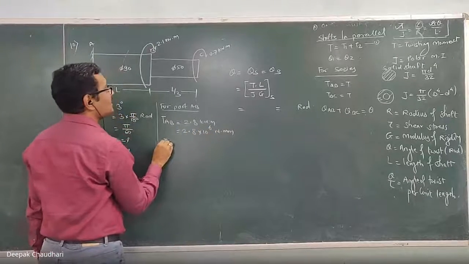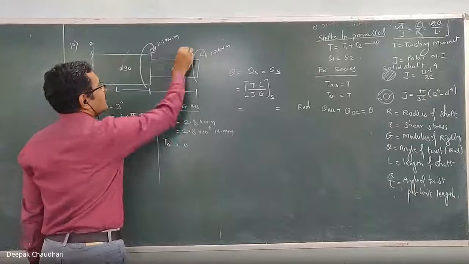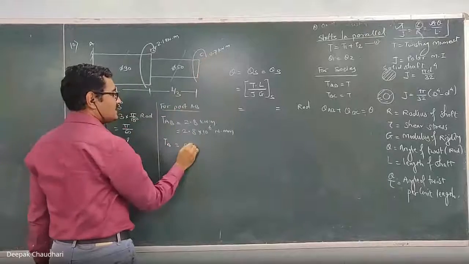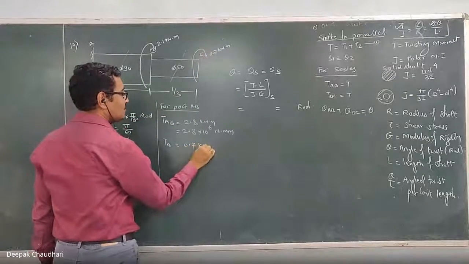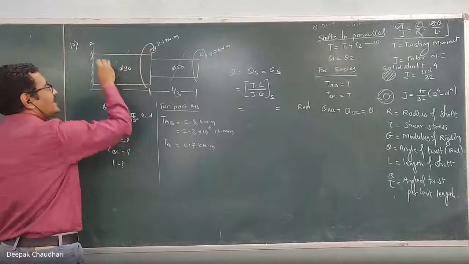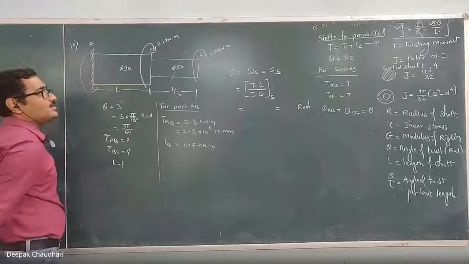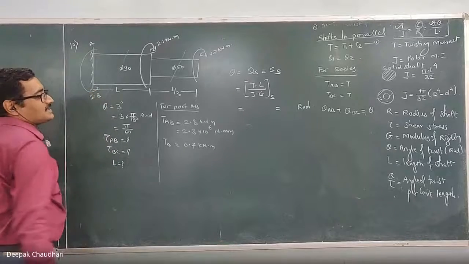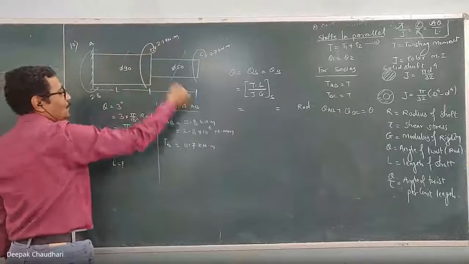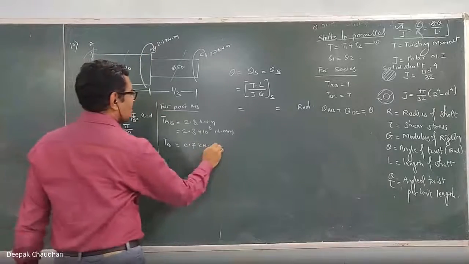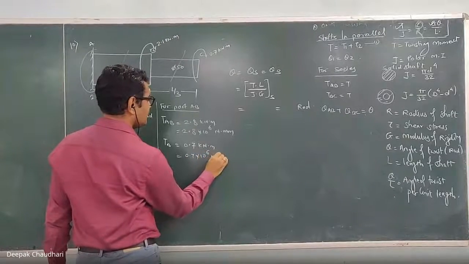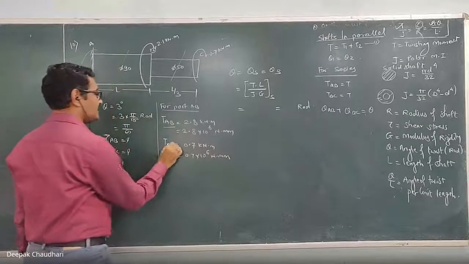And how much is the torque in the part BC? Take the imaginary section and take the algebraic summation of all torque on any one side. On this side it is 0.7 kilonewton meter. Here you may say, sir, on the left side it is 2.1, not 0.7. But here a reactive torque will be generated, whose magnitude will be 2.8. So 2.1 minus 2.8 minus 2.1 gives you 0.7 only. So it is 0.7 kilonewton meter, which is equal to 0.7 into 10 raised to 6 Newton millimeter. These are the torques in the parts AB and BC.